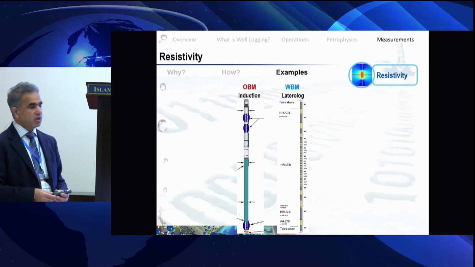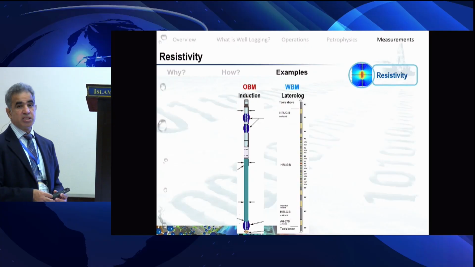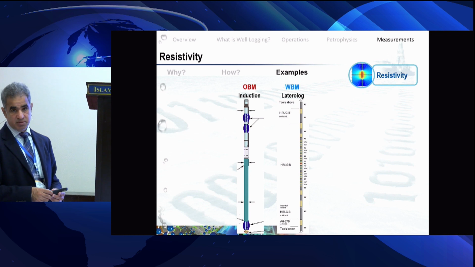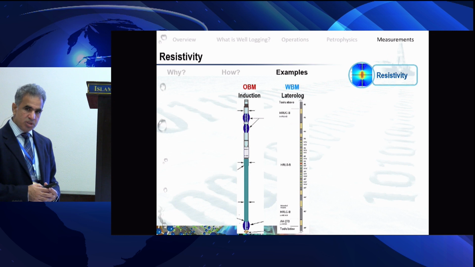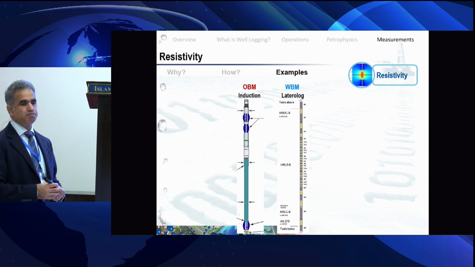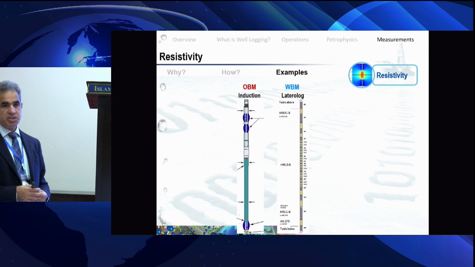When we have a water-base drilling fluid, which is most of the cases, then we run lateral log. When the drilling fluid is OBM, oil-based mud, which is not often used but still used in certain lithologies, shaly formations